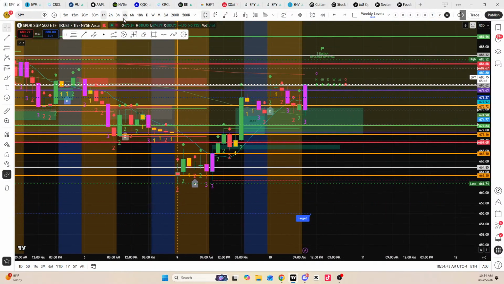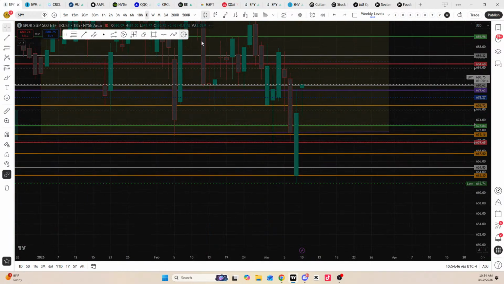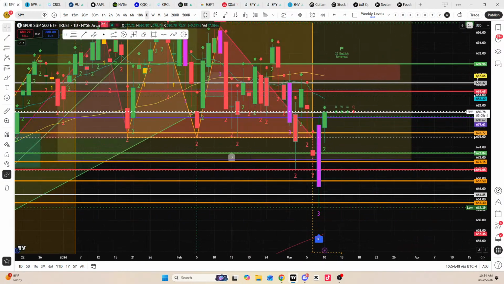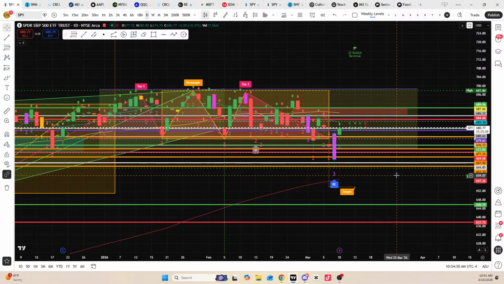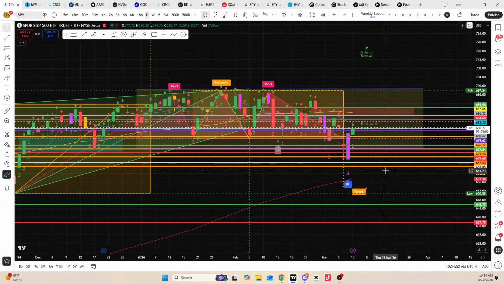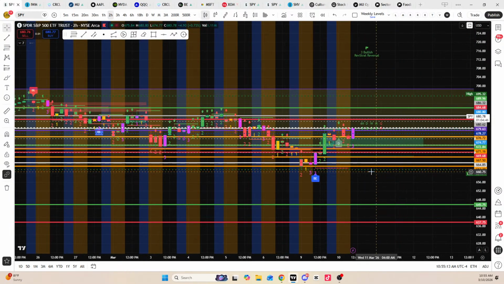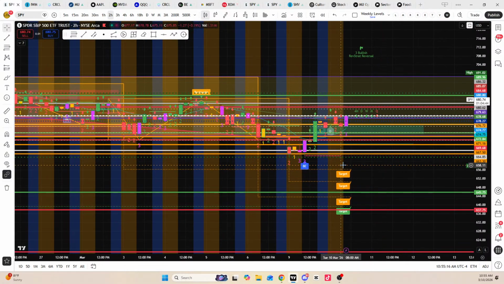That's a shorter time. Let me go to the daily. What are we looking like on the daily? We gotta put in a bullish pattern. I feel like we put in 1, 2. This is like a triple bottom almost that we just did. That third bottom just dipped a little bit further. I feel like this is like a triple bottom that we're reacting off of. Let's go to the 2 hour. I like the 2 hour chart too.